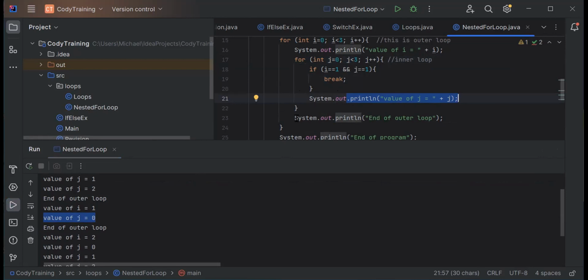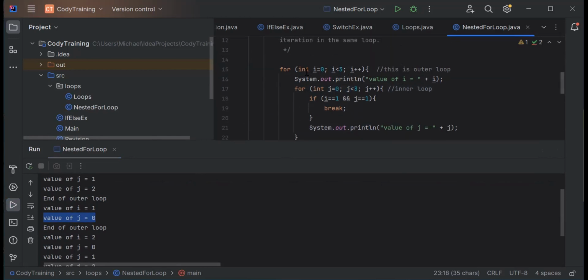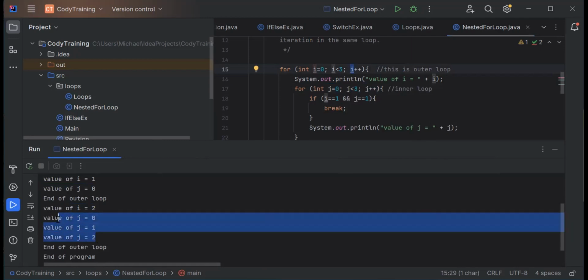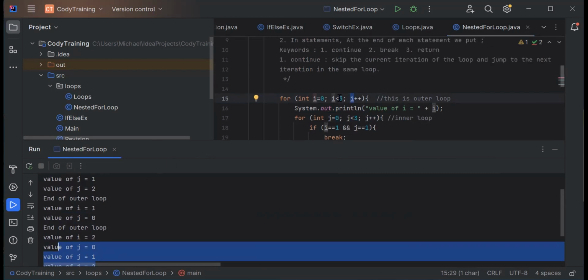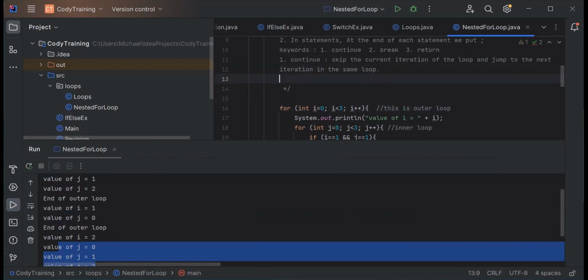We just printed end of outer for loop, and then we went back to the outer for loop to increment the i by 1. So here i became 2, and then we executed our program normally. You understand the difference? Let me write it to you to make it more clear. Here, break